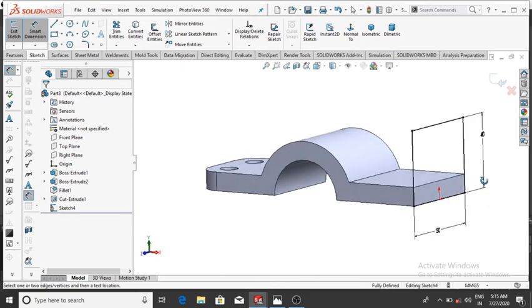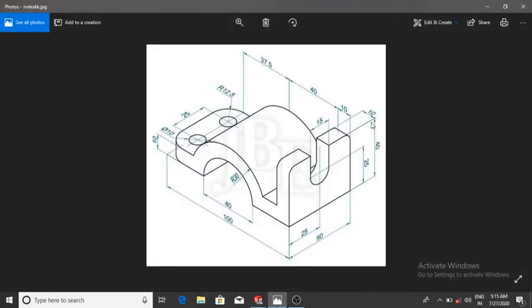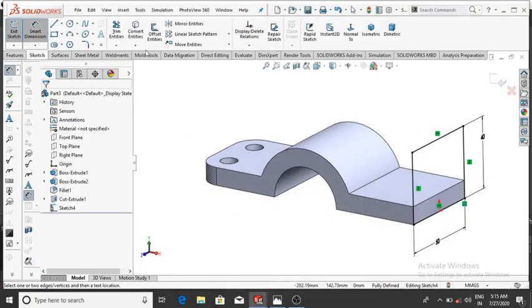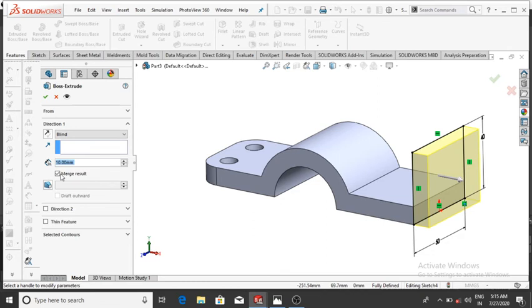And extrude up to 10 mm. See, it will be extruded from this face 10 mm, but inside, so make it. So simply go to the features and select extrude boss base and make it 10 mm and it extrudes inside, and the result will be merge, then okay.